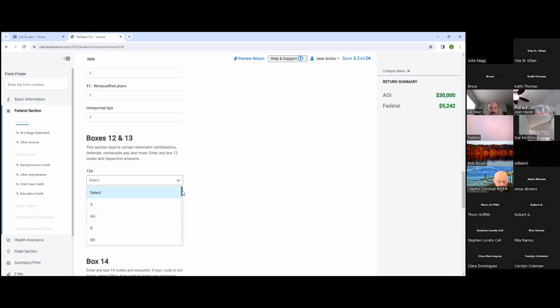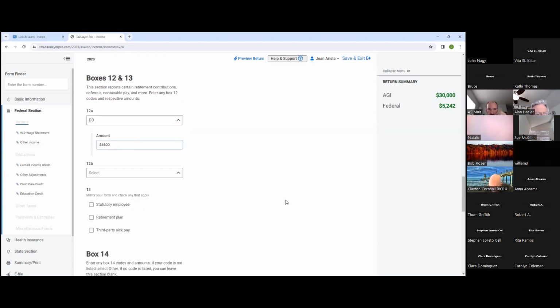Okay, you can see here that box 12 and 13 in the software shows you a number of codes. And you can see these codes in the publication 4012. Typically what you're going to be working with are two codes. B, which stands for deferred compensation, like a 403(b), a 457, a 401(k), a 414, or you have DD, which is health insurance paid by the employer on behalf of the employee. So we're going to do that. And per our fact pattern, she had $4,600 paid by the employer.